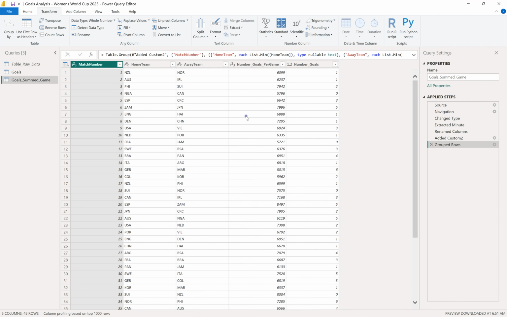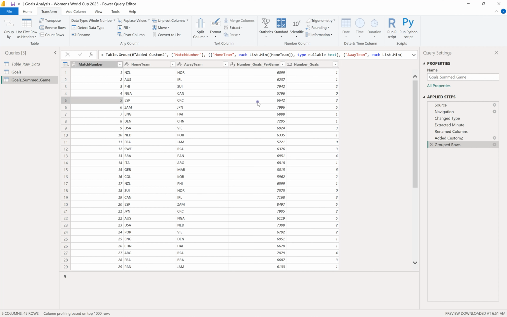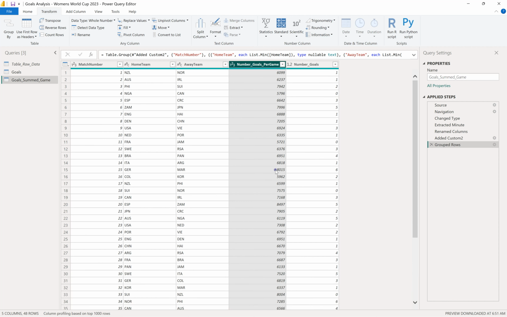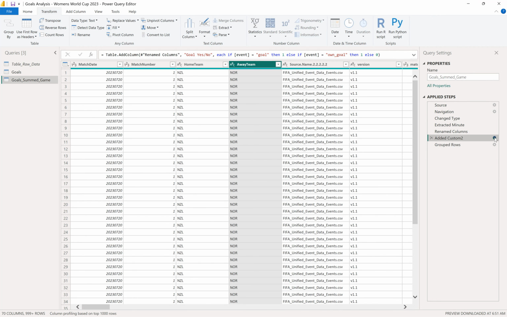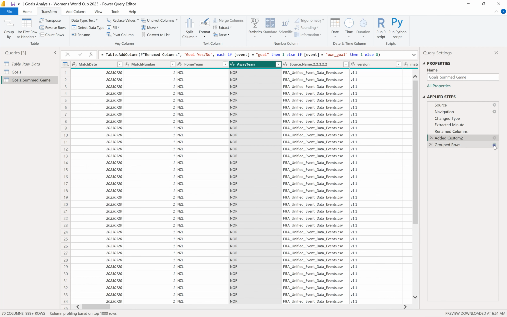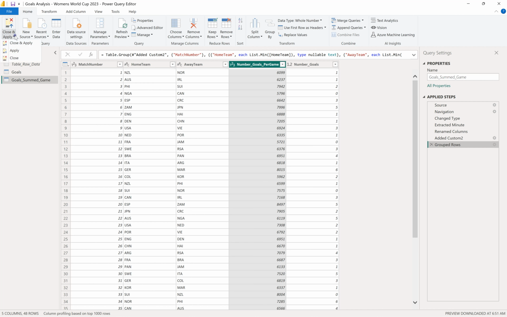So if we exit this one, you can see by the match number, first game only had 1 goal, same with this one, only one. But then we come here to Spain, Costa Rica. We can see there was 3 goals that's been summed up. This one at the end, I didn't use, so I could have just removed this one, and also it's wrong how it is at the moment. Oh, sorry. So I could simply have removed this one, but let's just leave that as of now. So if we come back here, close,